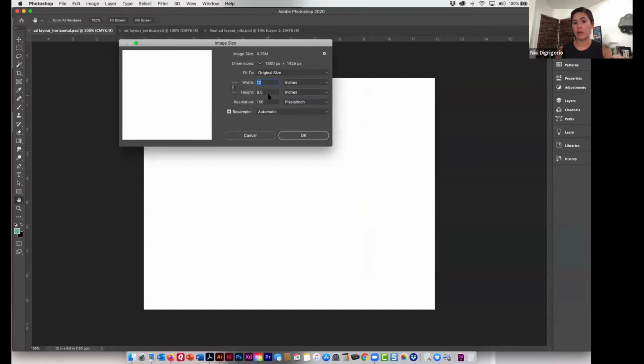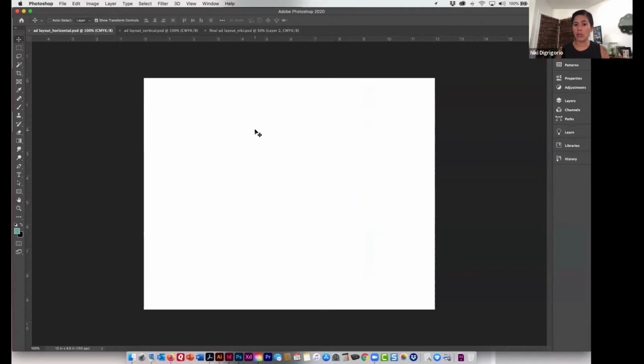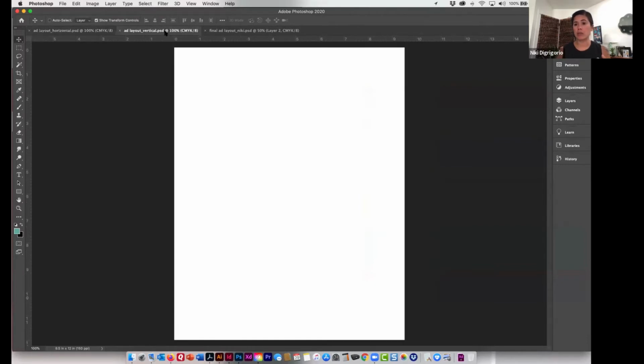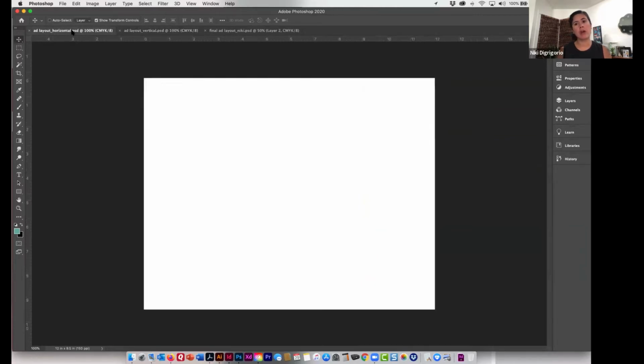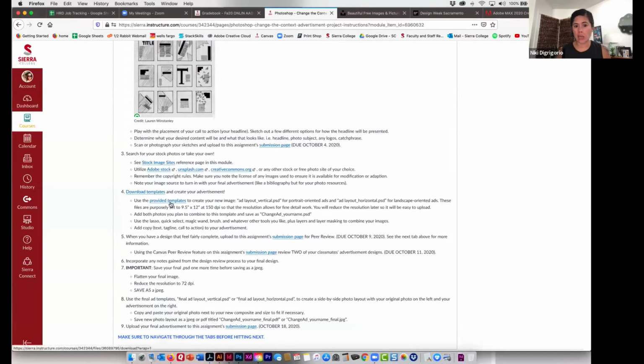So these are 12 by 9.5, 150 DPI files, so that there's enough resolution when you're masking your layers and combining your photos that you can see what you're doing, and enough pixels to create that composite, but also that the file isn't too big, so that when you finalize it, it's uploadable and it's not gigantic. So you'll be able to download the templates